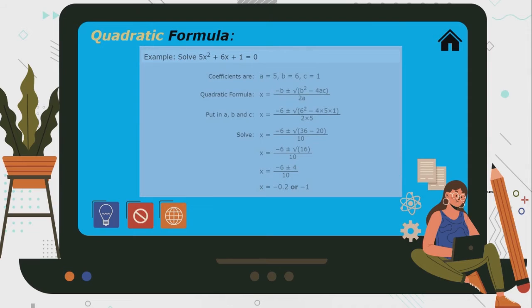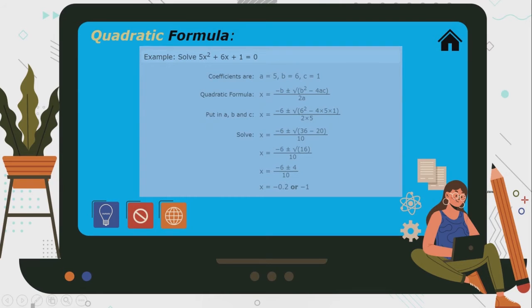Some examples. Solve 5x squared plus 6x plus 1 equals 0. Okay, these coefficients are a equals 5, b equals 6, and c equals 1. Okay, we just put a, b, and c into the quadratic formula, like x equals minus 6 plus or minus the root of 6 squared minus